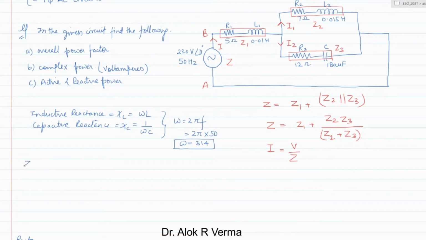Now let us calculate Z1. The total impedance Z1 is nothing but the resistance R1 plus j omega L1, which is XL, the inductive reactance. So this is nothing but 5 plus j of 314 into 0.01, which is 5 plus j of 3.14. If you write it in polar form, it will be 5.9 angle of 32.13